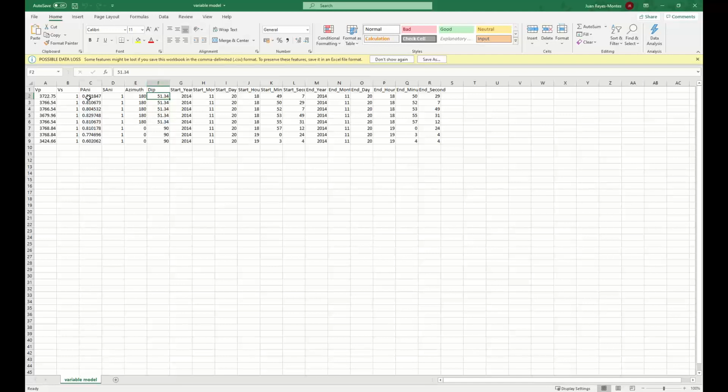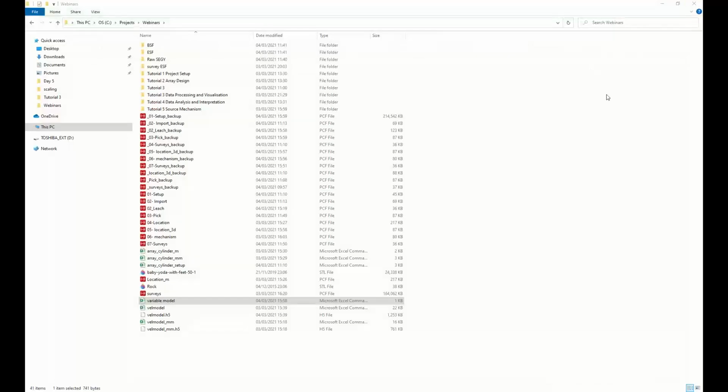So it will calculate the anisotropy factor, and it's a very simple anisotropy that is defined. In this case, it's just what we call an elliptical anisotropy, which assumes that we have a fast direction and a slow direction, and in between it interpolates using an ellipse, based on this anisotropy factor. So once we have this model, we go back to InSite,